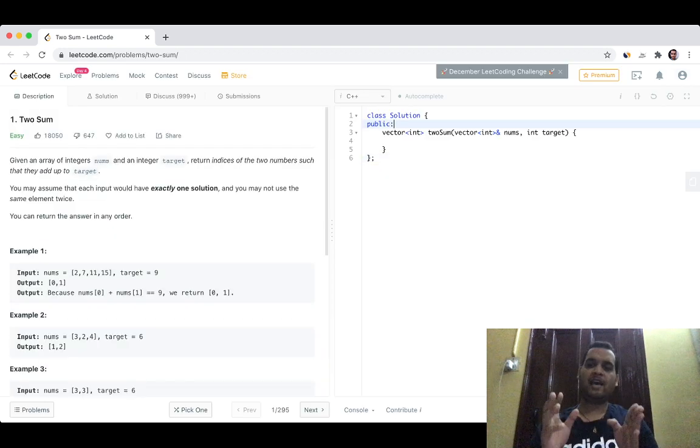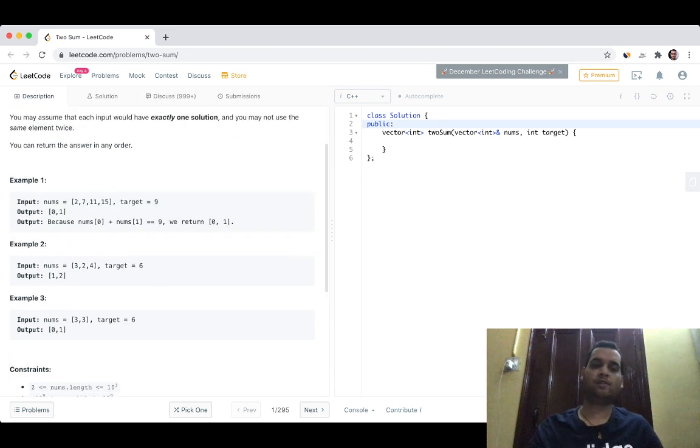Let's see, for every program there will always be a brute force approach, where you create all the possible use cases and select the most optimized way of doing it. It is not always the best suited, but you have to do it in certain cases. As this is the first question of our series, I suggest you do the brute force approach and not the optimized approach. So for that, you take the first number and compare it with the rest of the numbers. If the sum is equal to the target, then you exit, else you continue.